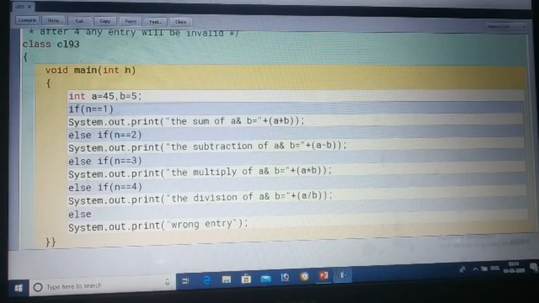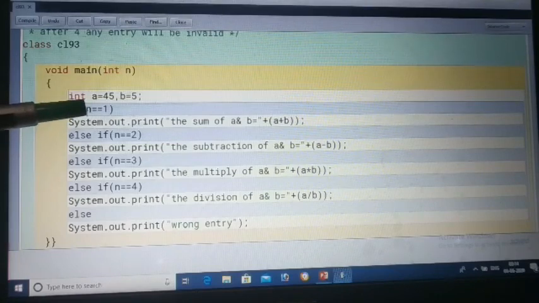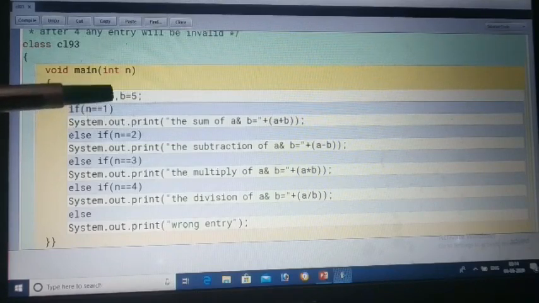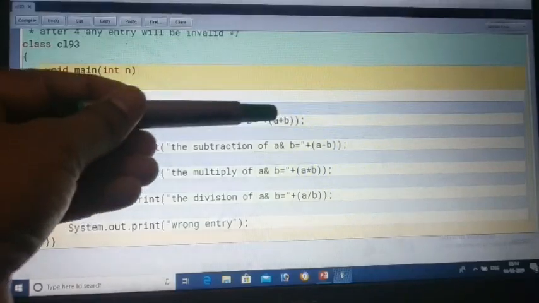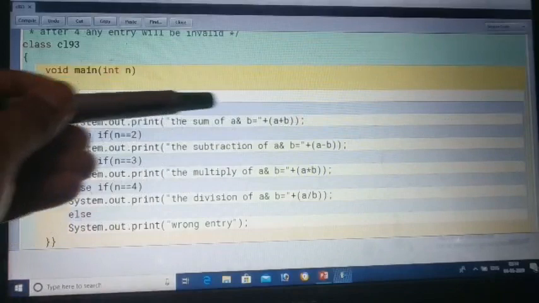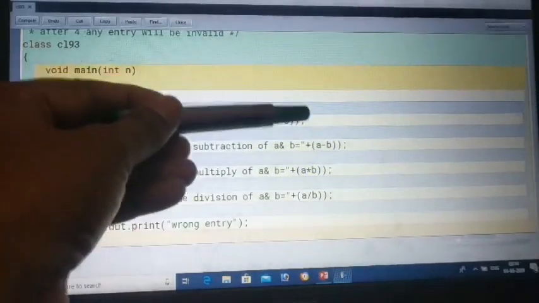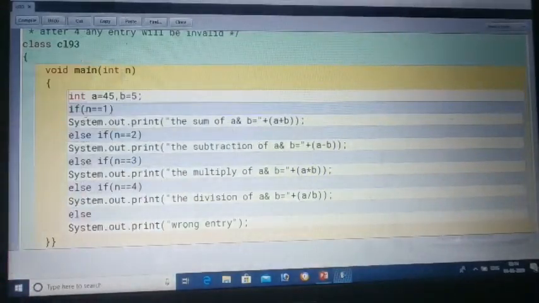See what is happening. If we are taking n equal to 2, for example, the n value is checked in the first condition, whether n value, means 2, is exactly equal to 1. If so, control will go to this statement and print the complete message by calculating this operation.